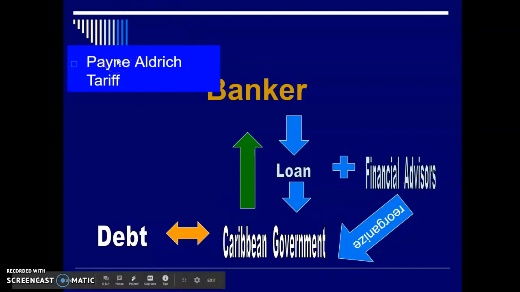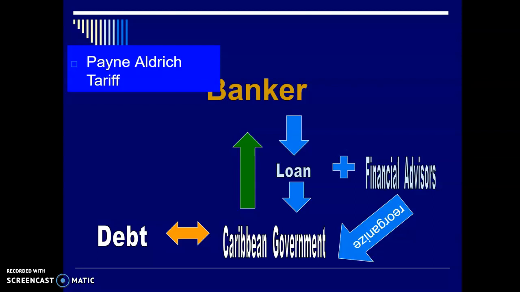Now, the other part is you've got the bankers who want to give the loan. Why would these Caribbean nations want loans from U.S. bankers if you're going to take over their custom houses and basically limit what they can spend? That's where the Payne-Aldrich tariff comes in. Congress gave Taft the ability to offer them trade concessions. Hey, we will help you reorganize. We'll give you this loan, and we're also going to open up the U.S. market to more of your sugar or more of your bananas or more of whatever product that country had. And then he could just lower the tariffs as part of this negotiation.